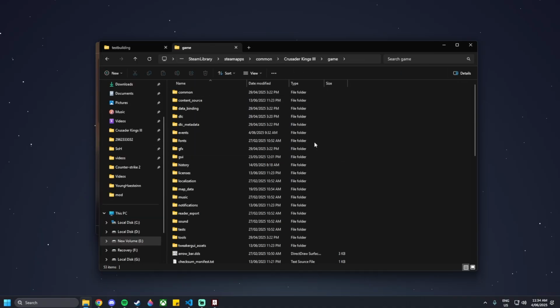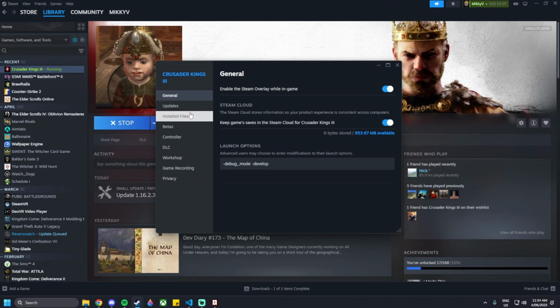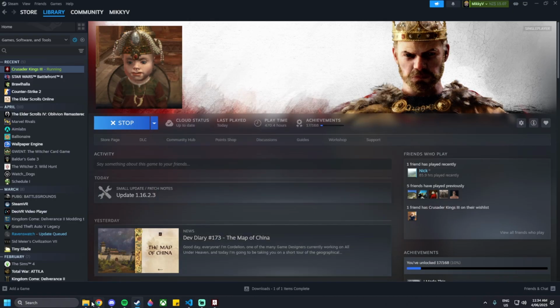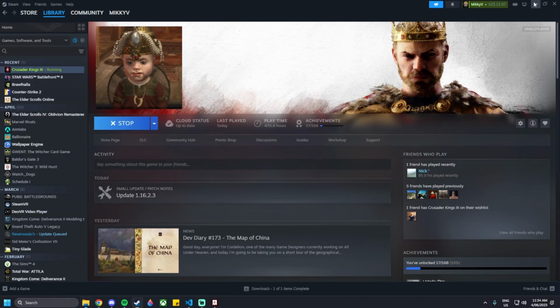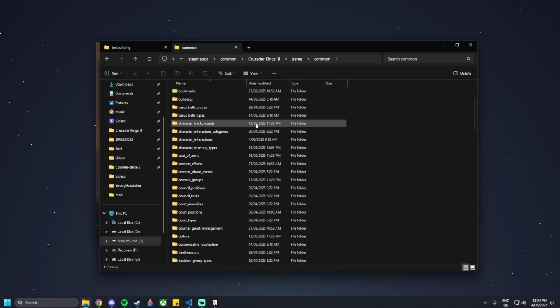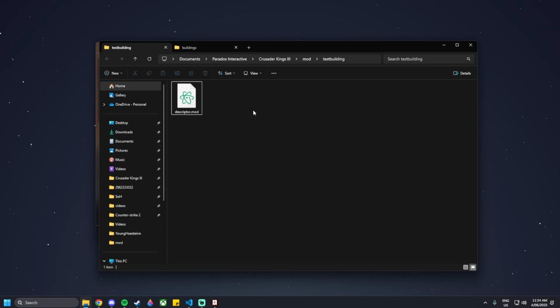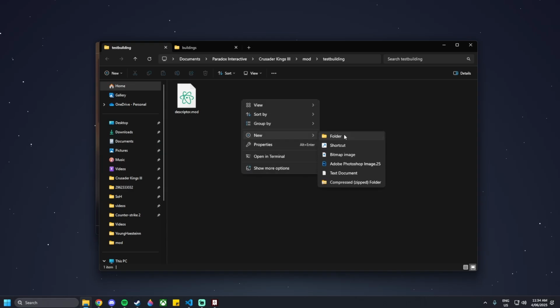So the base game files are these ones here, so you can find that by right-clicking on the game, properties, install files, and then browse. And that will show up with these files here. So the ones that we need are the common folder and then the buildings folder within that. And then we also need some other ones as well, but I will just start creating in our mod folder